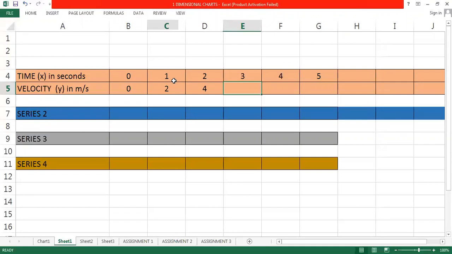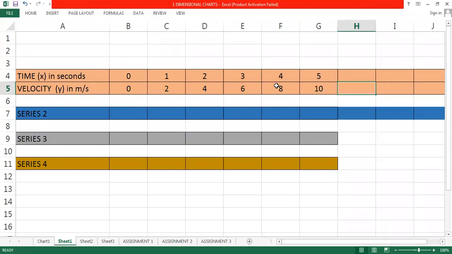Understand, we have already discussed, beta. What is acceleration? Acceleration is rate of change of velocity. When the velocity increases with time, we call it acceleration. So here the object is accelerating, means the velocity of that object is increasing. After 3 seconds, the velocity will become 6, because in every 1 second, the velocity is increasing by 2 meter per second. So after 4 seconds, the velocity will be 8, and after 5 seconds, the velocity will be 10. Clear? So we are going to discuss only till 5 seconds.